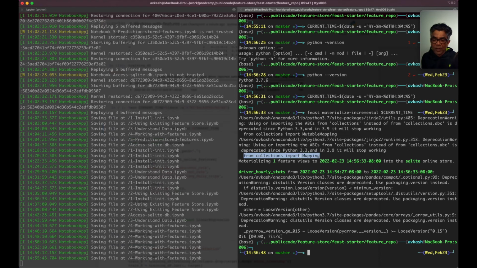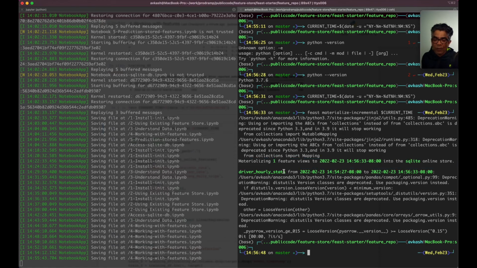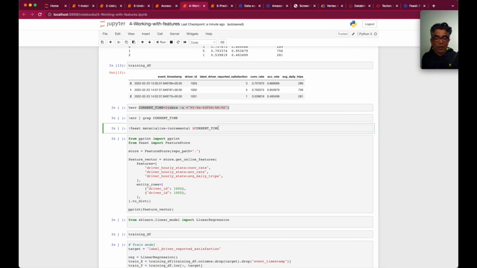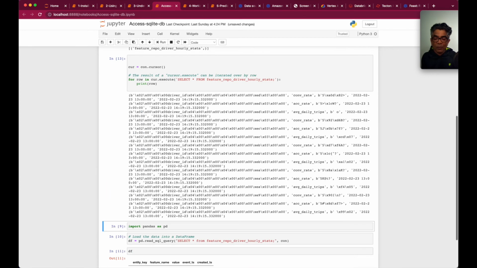From collections import mapping, and it is materializing one feature views and driver hourly stats. Now when we are here, we can look into the data store, because it's making a call to get online features. At this point, if we look into our SQL data set, make a call, this is the table, and as you could see here, the data is being created in our online feature store, the local sqlite